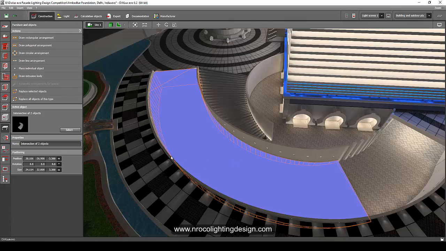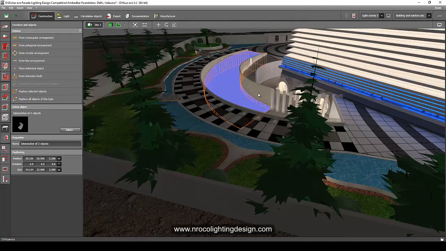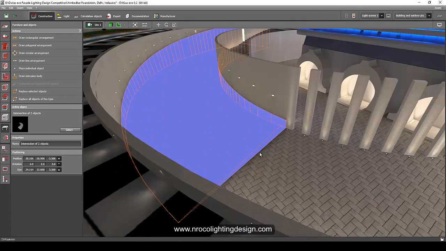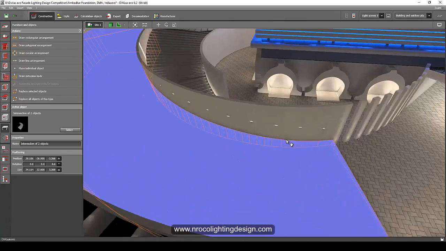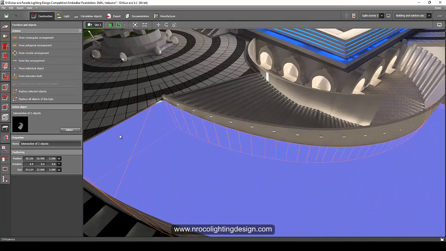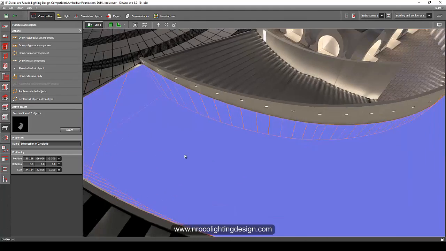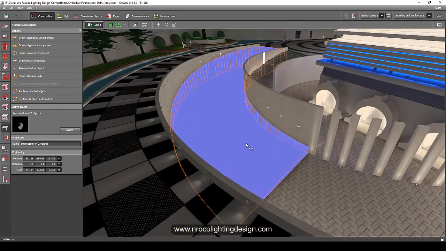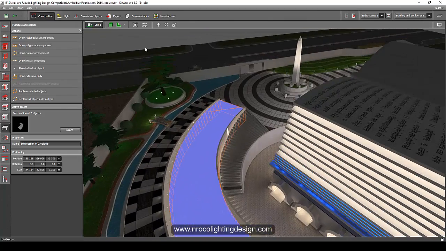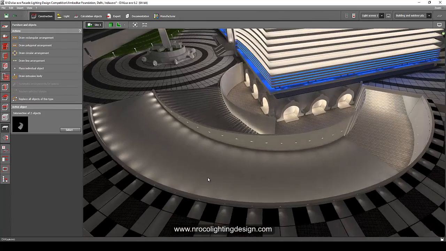If you click on this one, you will see that there's still a gap here, and it's not flat like on the other side, and also it's not perfectly ramped here because it's already flat on this side. Because it's really hard to get a curved ramp in DIALux Evo or in 3D, actually even in SketchUp.